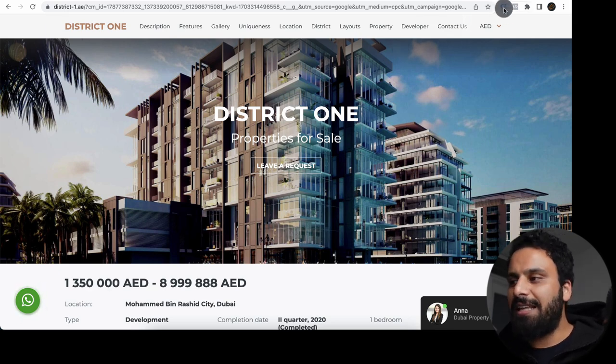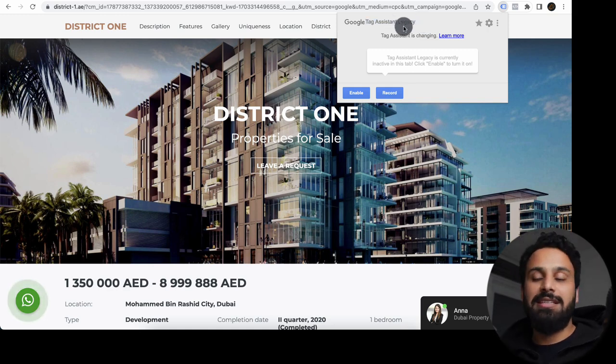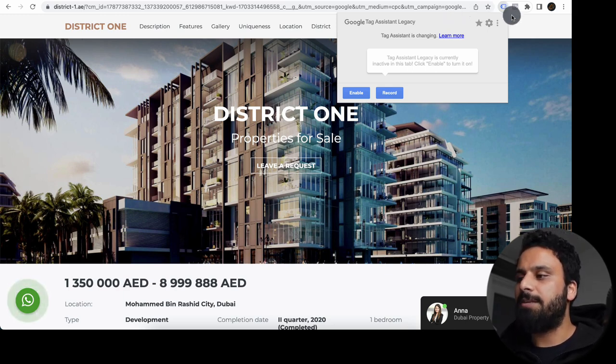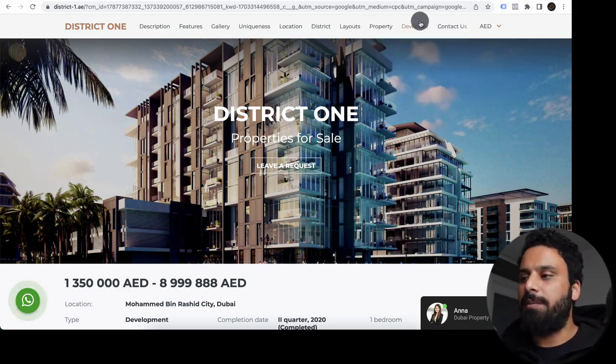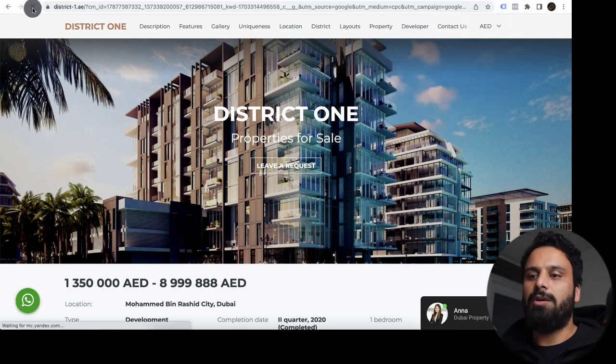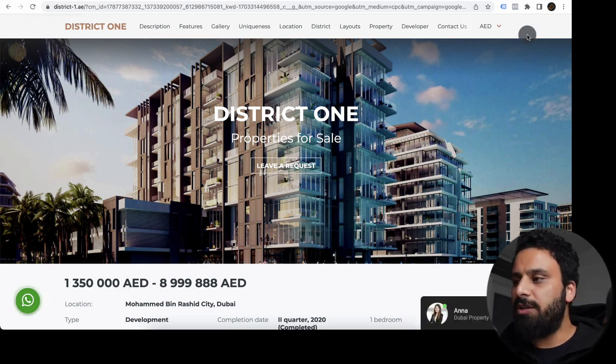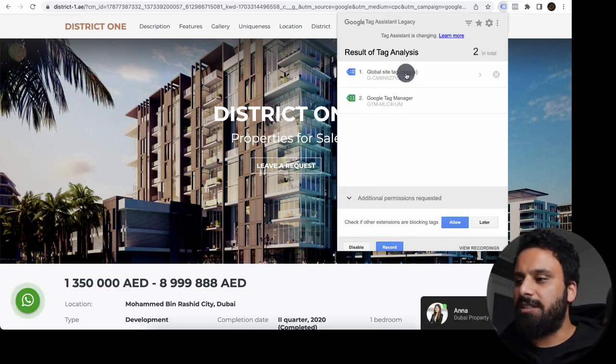So to test that, there is an easy way to add Google Tag Legacy Tag Assistant. This is a Chrome extension. You need to add it to your Chrome and this will look like this. And once you are done with the pixels, what you do is you click on this extension, click on enable, and you refresh the page basically. Once you refresh the page, you click on this, it will show you how many tags are firing on this